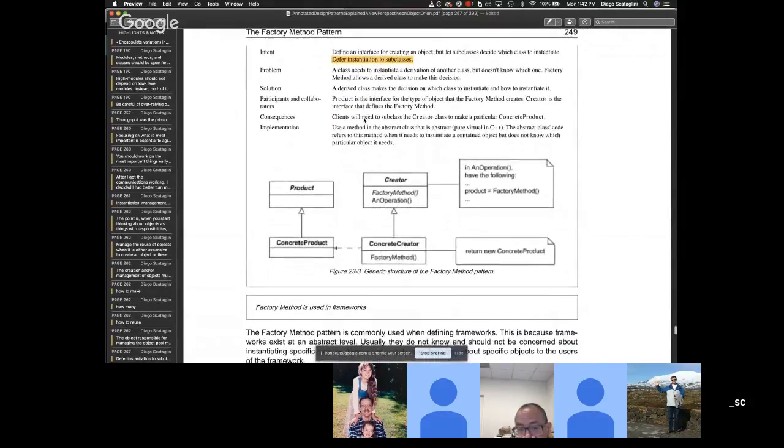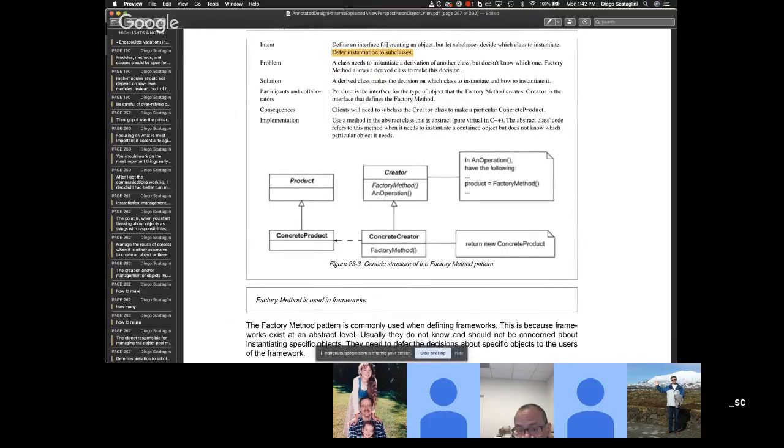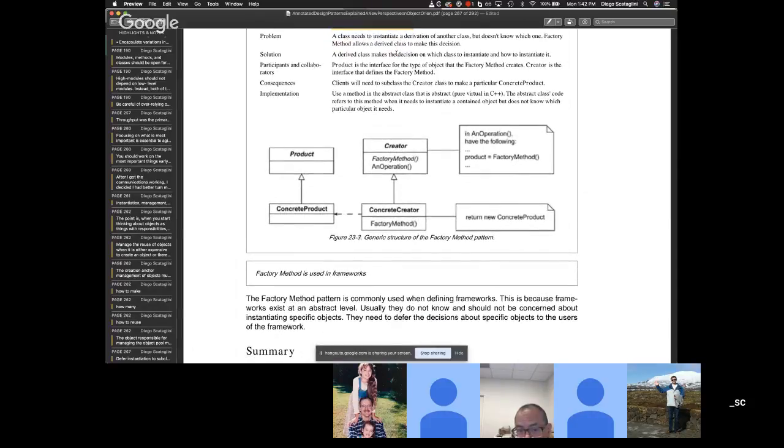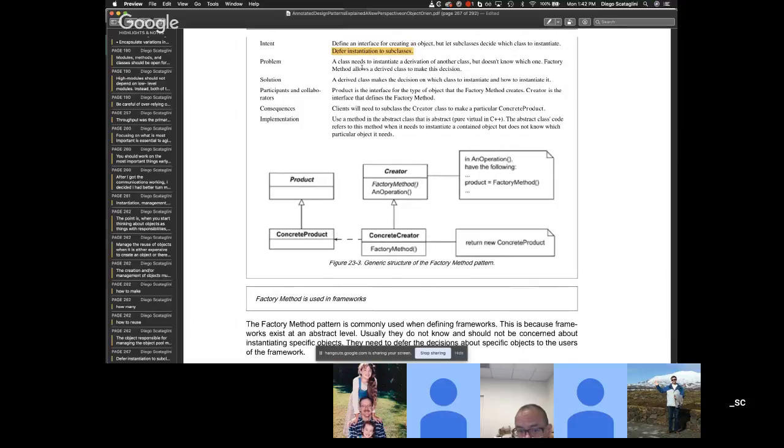So the intent is to define an interface for creating an object, but the subclasses decide which class to instantiate. So you defer the instantiation to the subclasses. The problem: a class needs to instantiate a derivation of another class, but doesn't know which one. So the factory method allows the derived class to make the decision. And the solution is to have a derived class with a template method that instantiates the correct class. And the participants are,